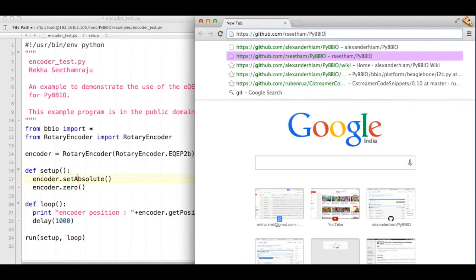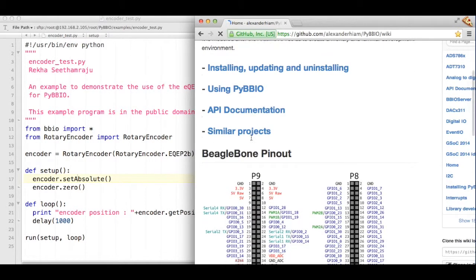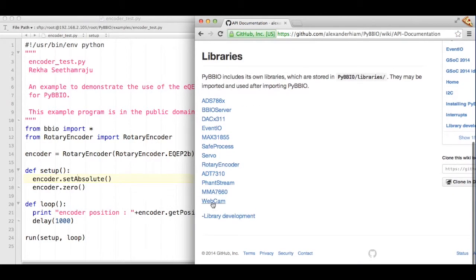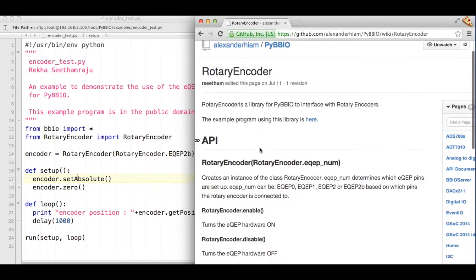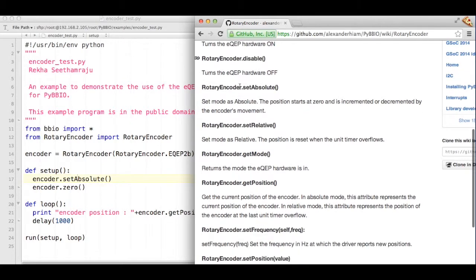Next are the libraries that I wrote to interface various sensors with the BeagleBoard, starting with the rotary encoder. So I'm going into the wiki page and the API docs. This is the rotary encoder's documentation.